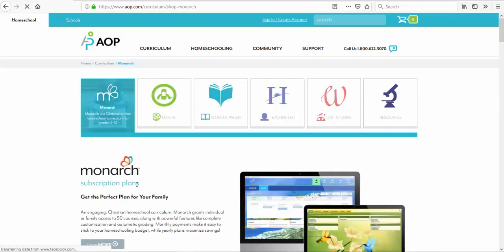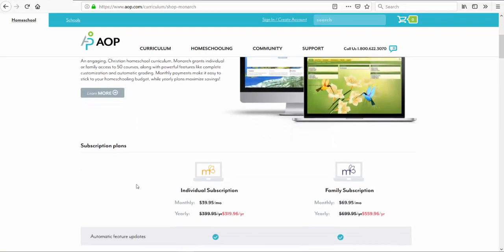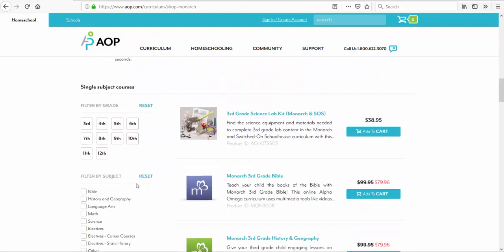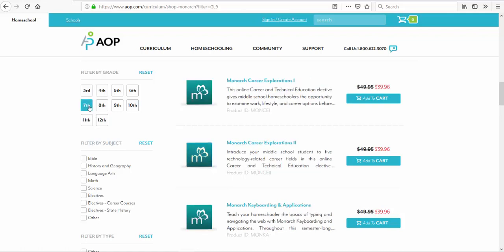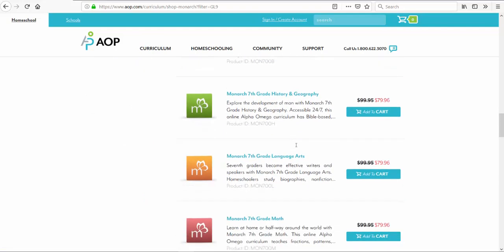From here, you'll find more information about Monarch, including the subscription options. If you keep scrolling through, you're going to find the filters in order to locate more information about each course. So if the family indicates to you that they have a 7th grade student and they're looking for courses for that 7th grader, all you'll have to do is click on the 7th grade and you'll see all of the